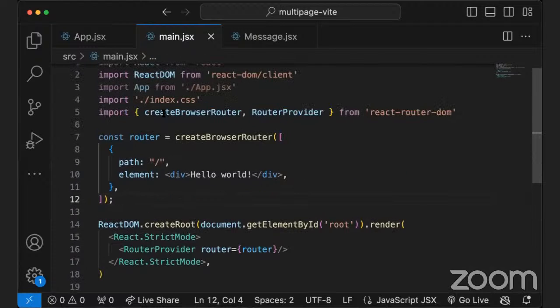All right, so let's talk a little bit about what's going on and what we're seeing here. Because clearly, we're no longer seeing our little app. We're seeing this Hello World component, which is essentially showing us that we're seeing a different component than what we were previously seeing. And the reason why is because if we go back to this main.jsx router, we see that there is this element that's being returned, div hello world, right? Well, the way that React Router works,